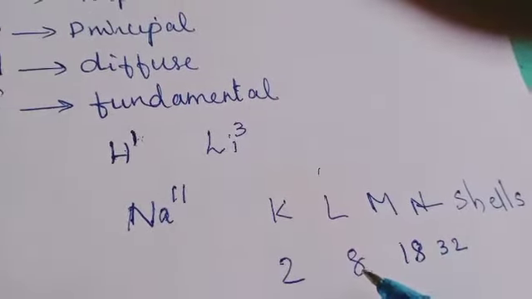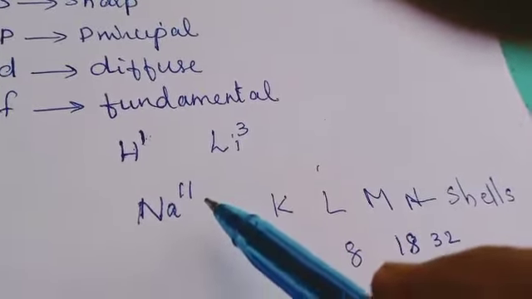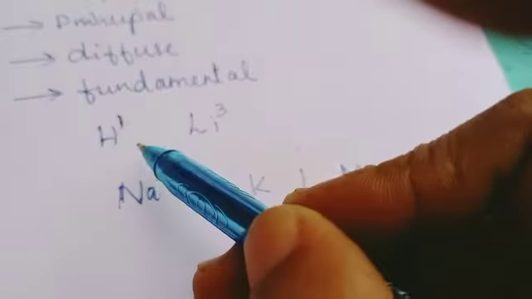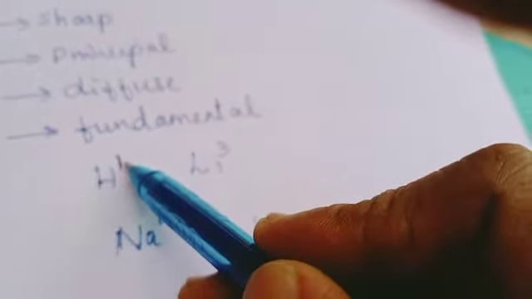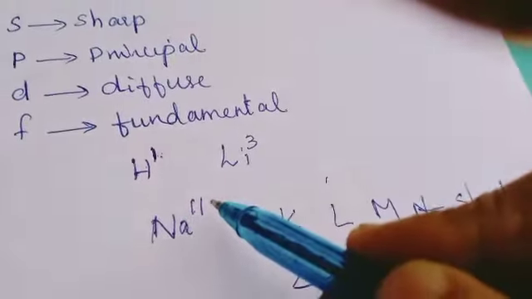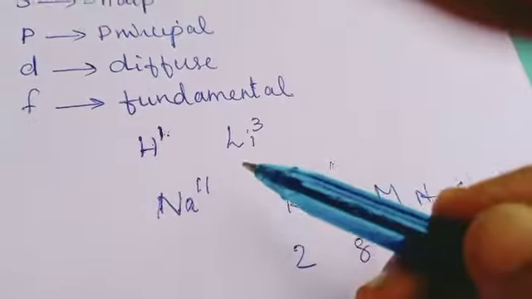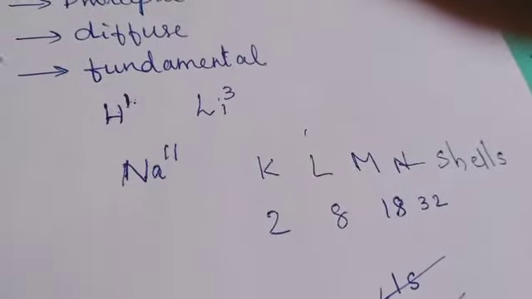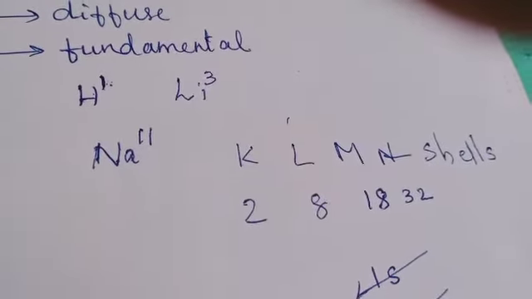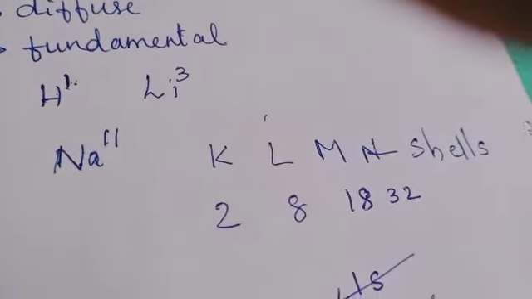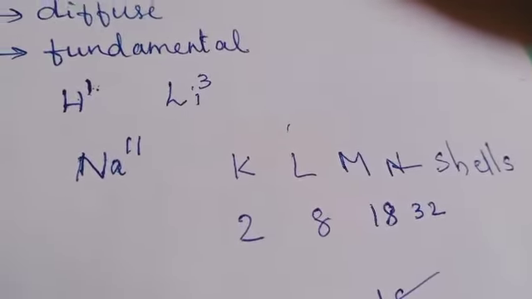Then we have the periodic table. In the periodic table, each and every element has an atomic number. It is denoted at the top, on the right side. These are atomic numbers, that is, the number of electrons or the number of protons. Today I am going to discuss how to write the electronic configuration of each element, and I will discuss some elements.